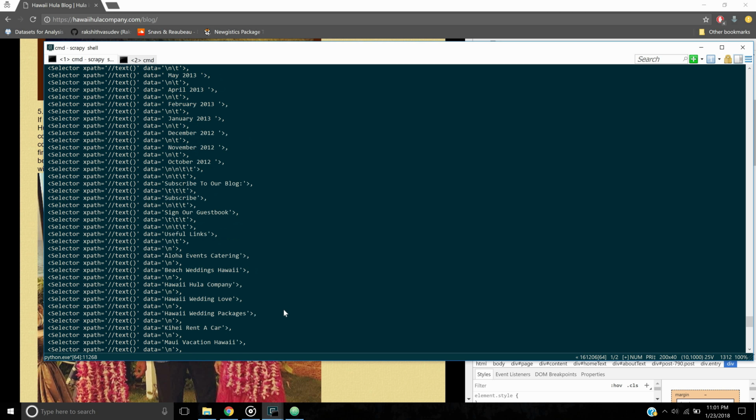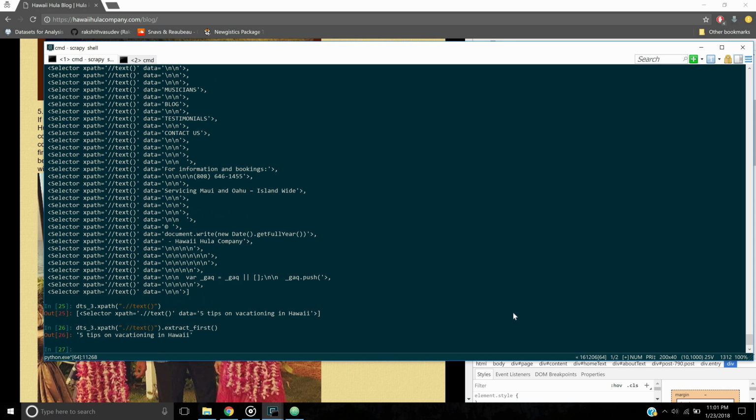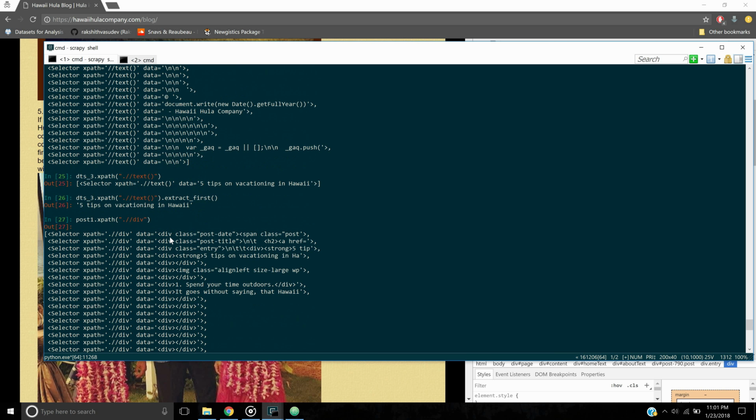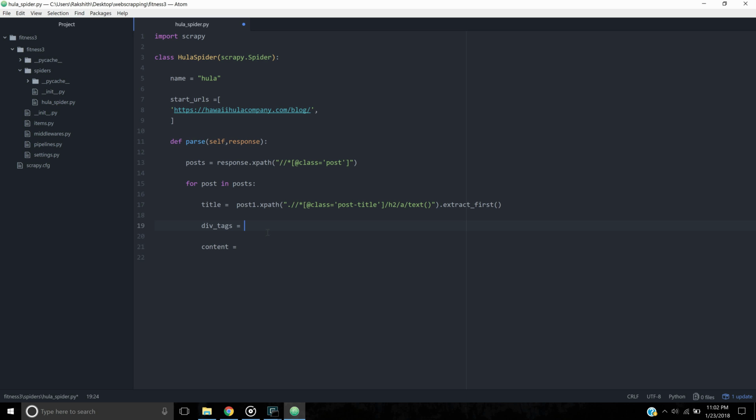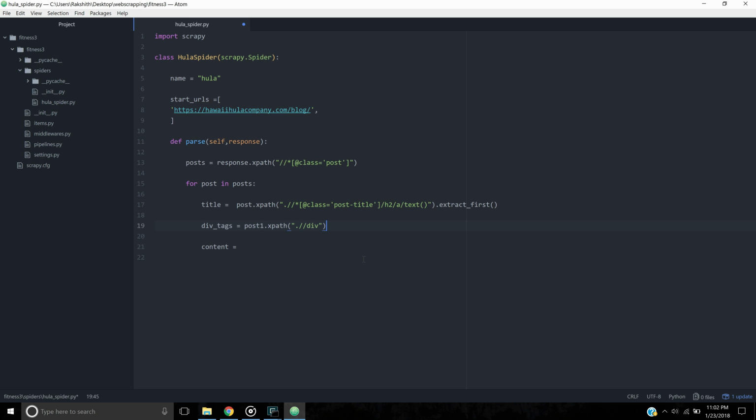So let us grab all these div tags. Okay, these are all the div tags on our post here, on the first post. So yep, perfect. This is how you grab all the div tags that belong to that particular post. Now instead of post 1, I'm just going to say post here, because we are iterating through every post. So these are all the div tags, and